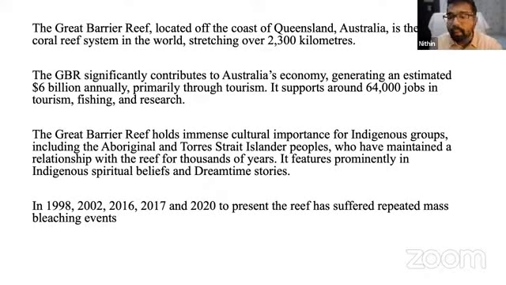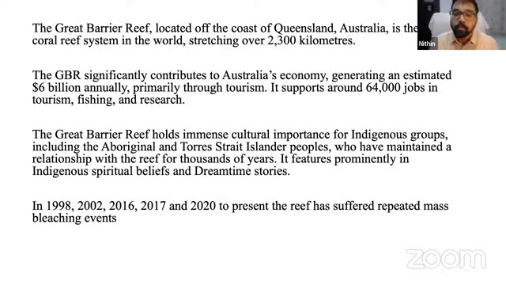So in 1998 and 2002, El Niño and La Niña, two weather phenomena which control the atmospheric weather and the oceanic temperature, occurred. In 1998 and 2002, there was this phenomenon, but those were isolated events. But since 2016, this has been a recurring phenomenon. So 2016 we had it, 2017 we had it, and since 2020 we have been having a sustained level of